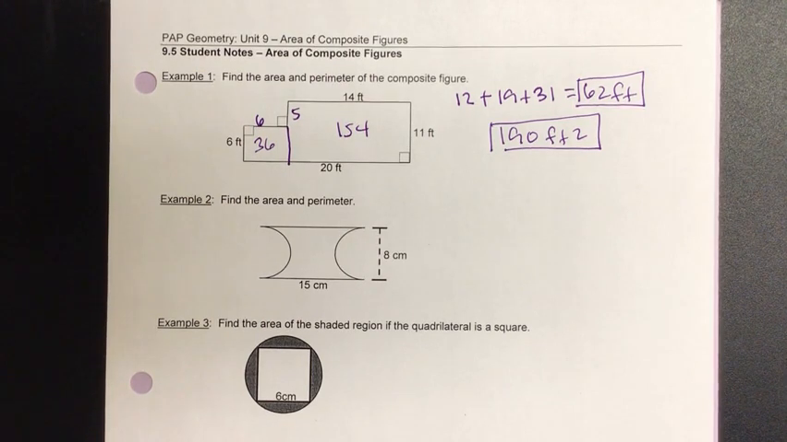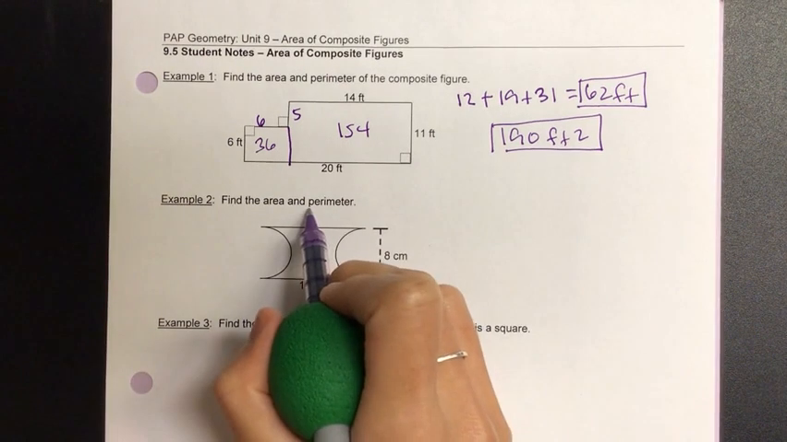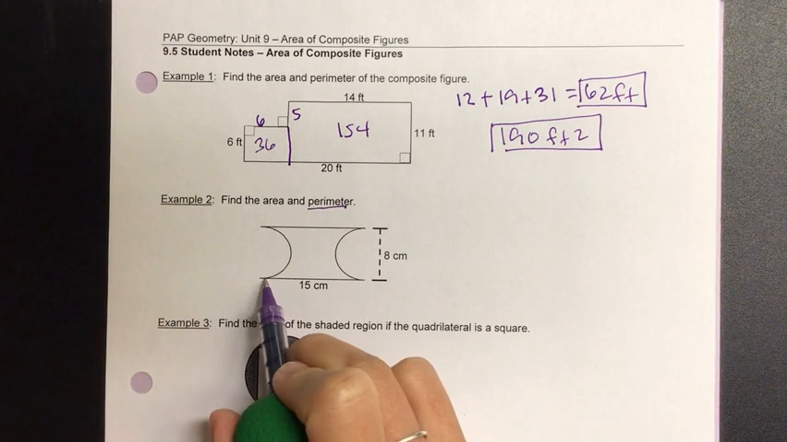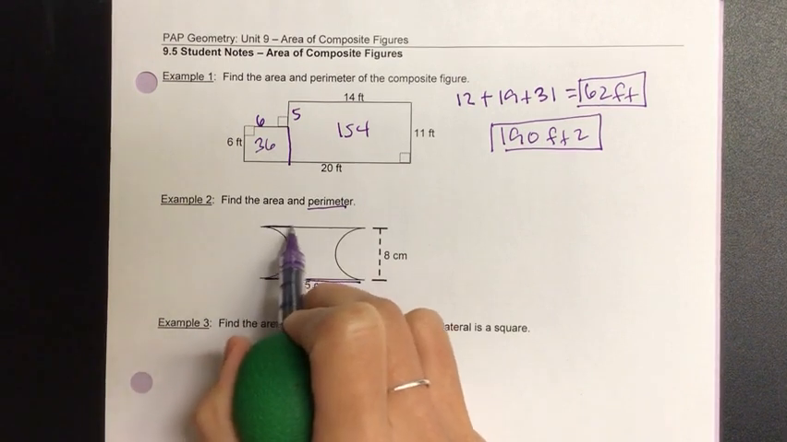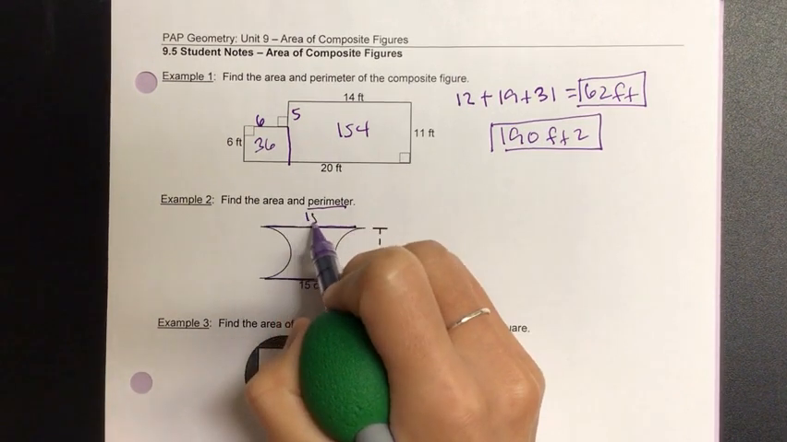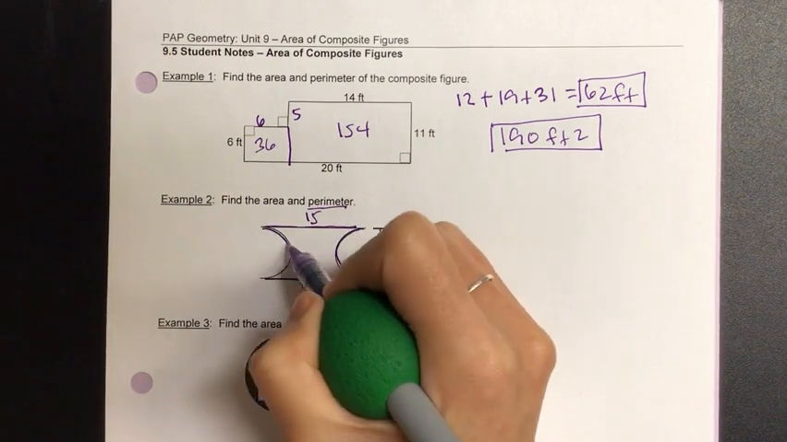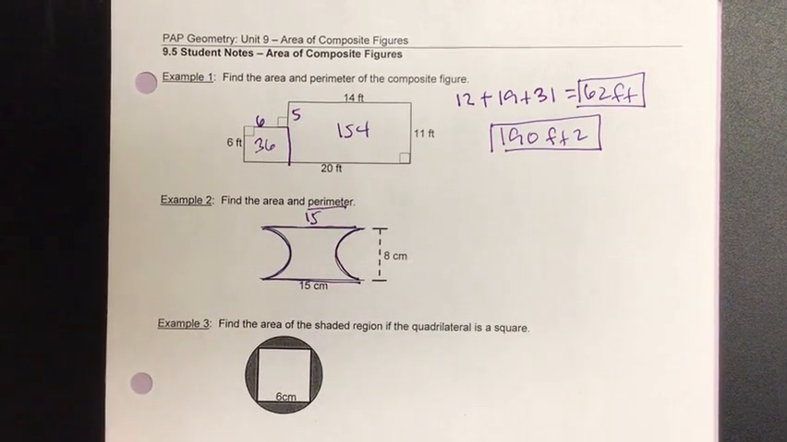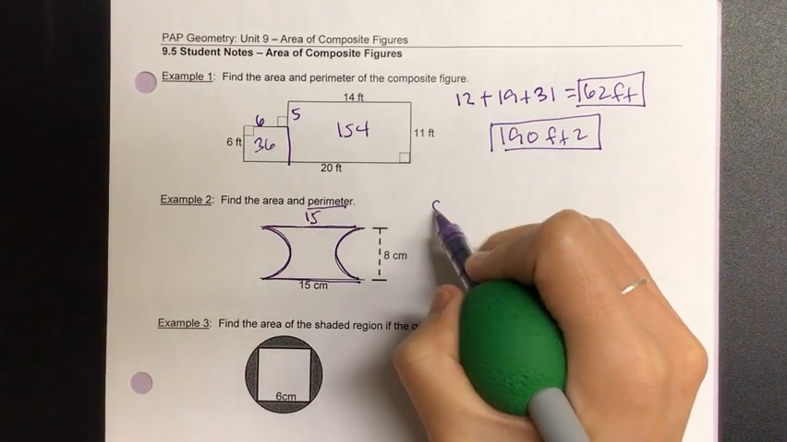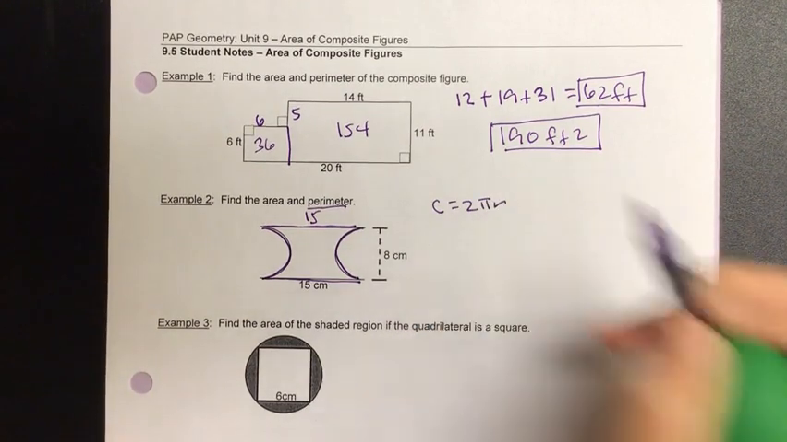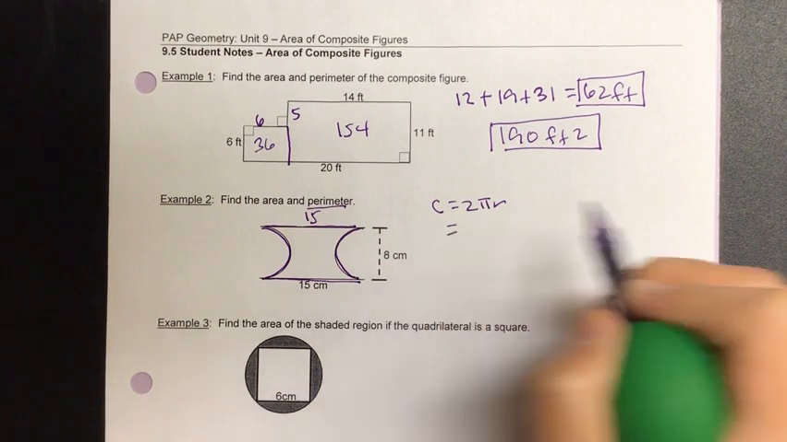To find the area for this one, and actually I want to start with the perimeter, just because, why not? If I know this is 15 over here, what do I know about the opposite side? Also 15. And we have 2 semicircles. Together they will create what? A whole circle. So we know circumference is 2 pi r. Then that's going to give us,